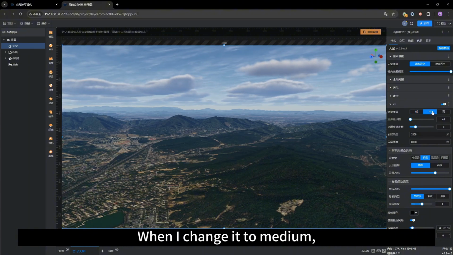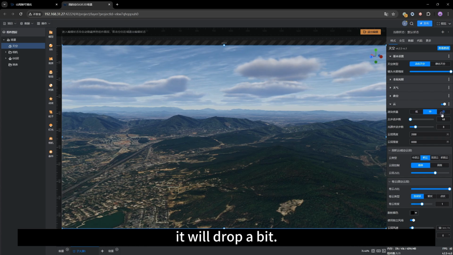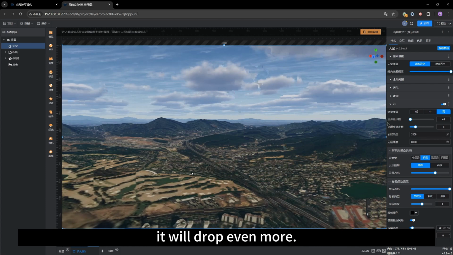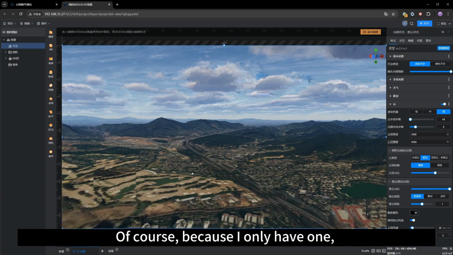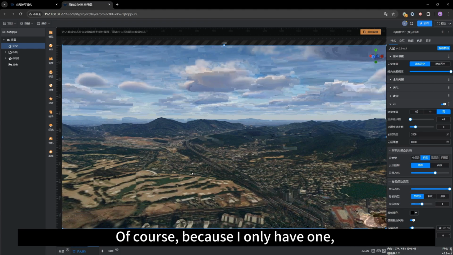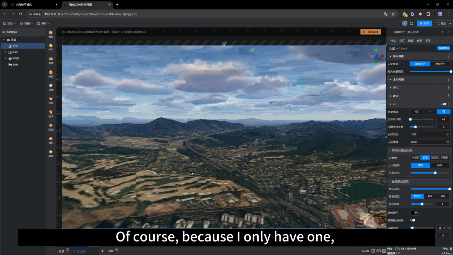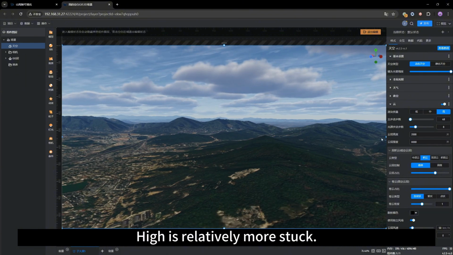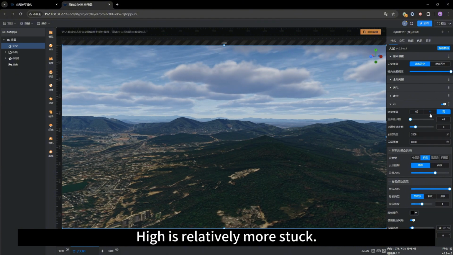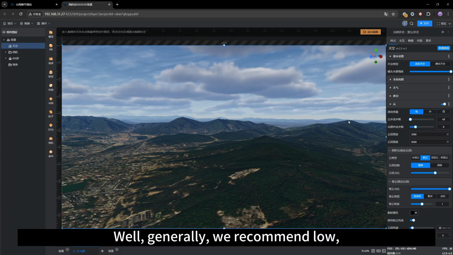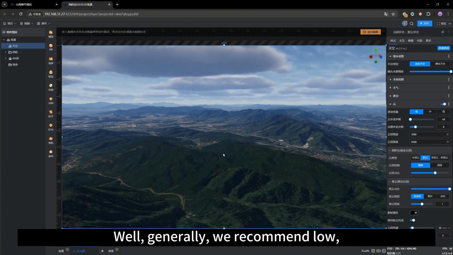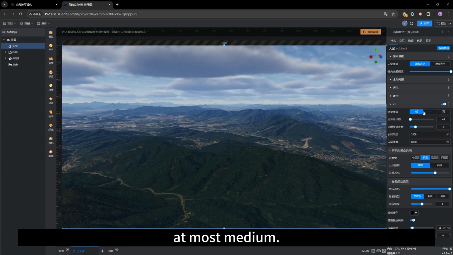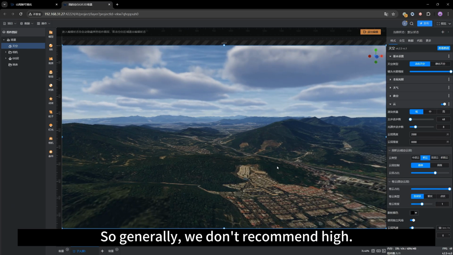When I change it to medium, it will drop a bit. When it's high, it will drop even more. You can see that it has dropped to more than 30 frames. High is relatively more stuck. Generally, we recommend low, at most medium. So generally, we don't recommend high,